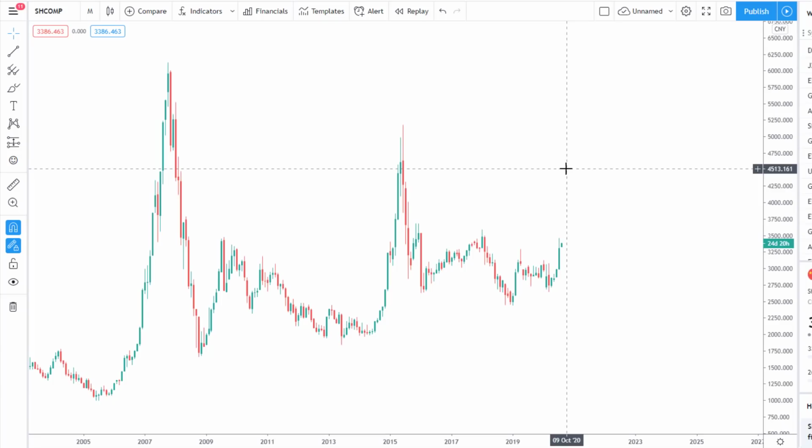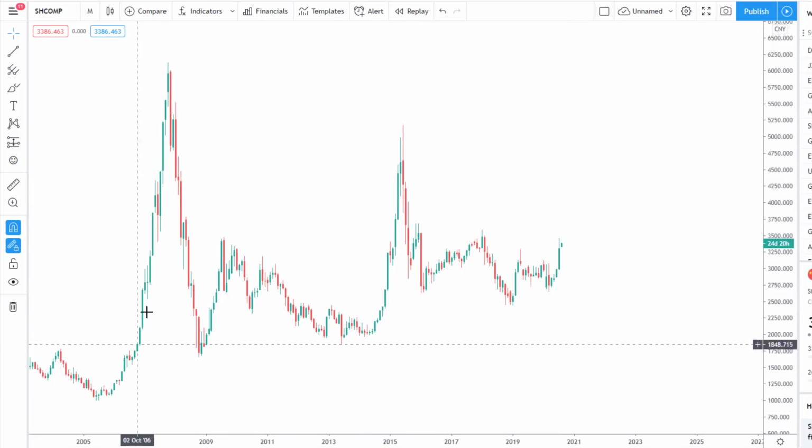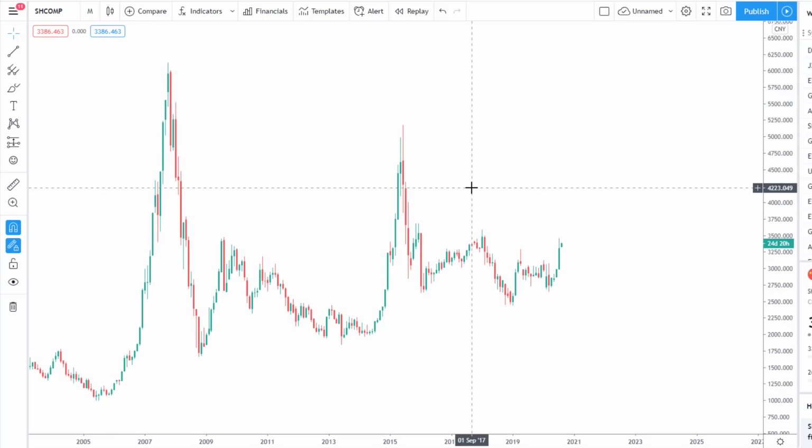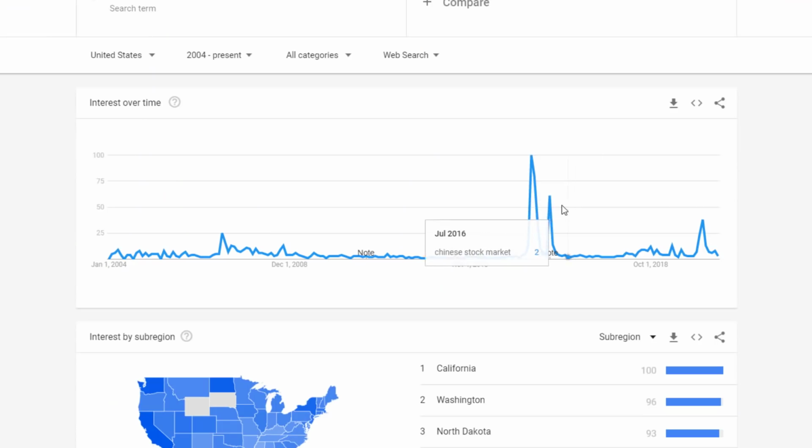Shanghai Composite, very similar thing. Big moves on the Shanghai Composite, followed by big crashes. Again, very vertical markets, and it's just funny how these bubbles happen time and time again, yet no one ever learns about them. Again, Google Analytics will not help us with this particular market because firstly, Google is not really allowed in China, but also people were only really talking about it when it crashed. I know from friends in China, they were all into it and everyone was talking about the stock market though during that time, and it becomes the new norm,